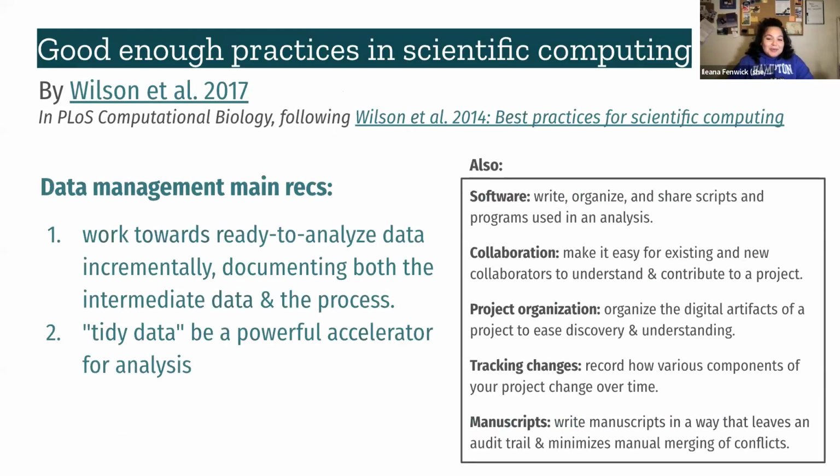And so after you make your beautiful spreadsheet, your next step is likely to do some computing. And so here we're talking about good enough practices for scientific computing. For example, if you want to plug it into a software like R, where you want to manipulate or visualize those data. And the goal of making sure that you have good enough practices for scientific computing is to make sure that it has human and machine readability and accessibility.